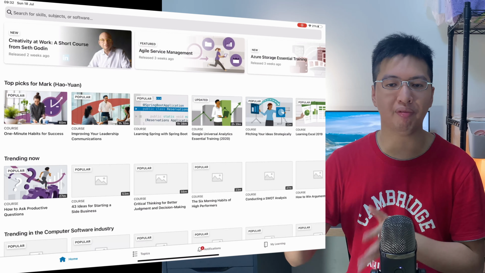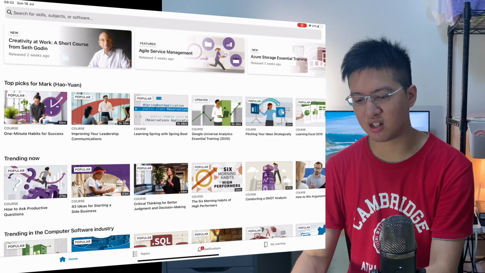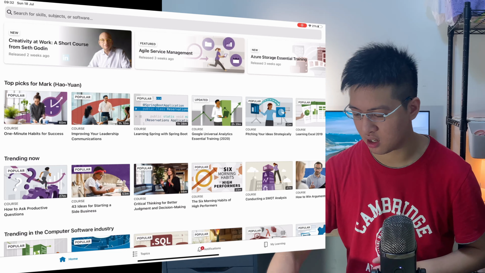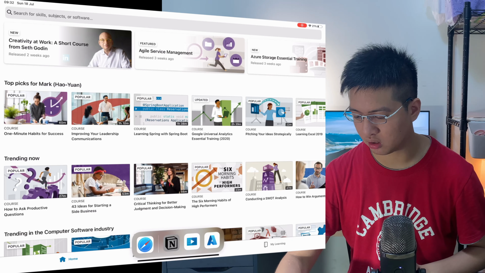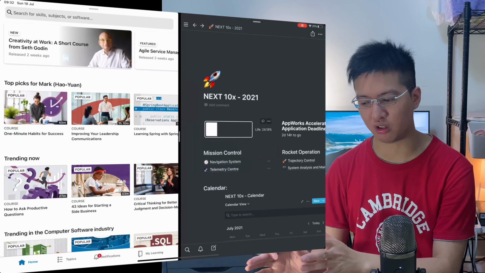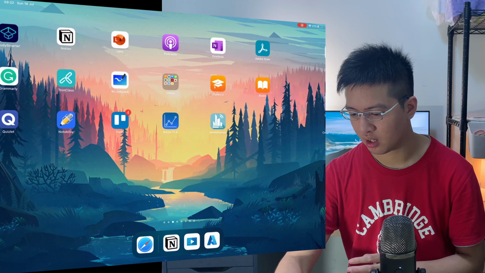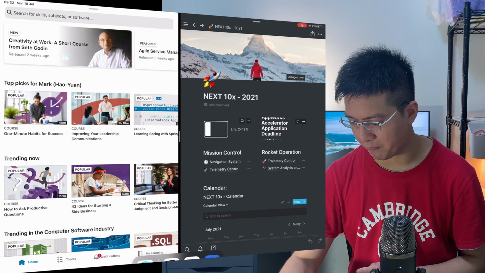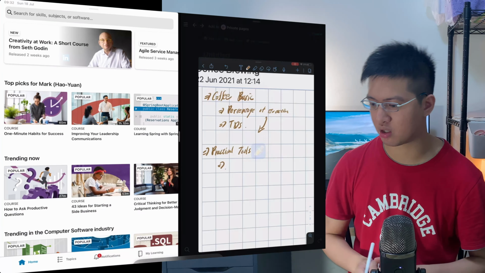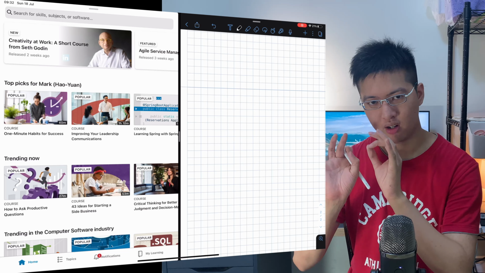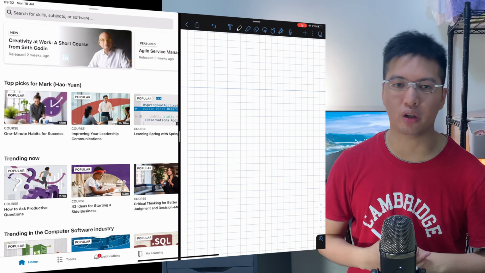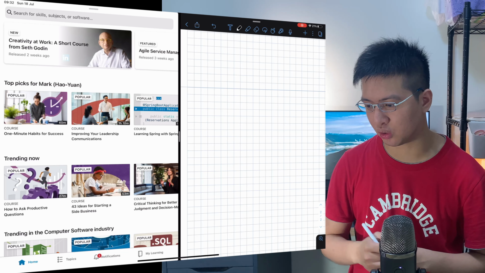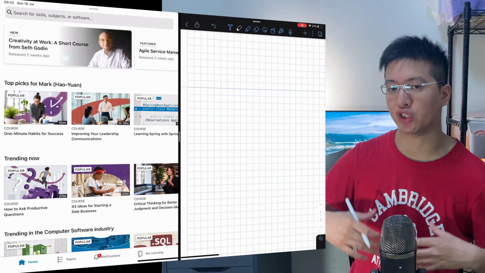So you can simply use this course interface and click a course. Then if you want to take a note, certainly you can use Notion to accomplish that. Or you can use Notability to write handwritten notes like this. So it's very useful to use Notion, and of course very useful to use Notability to accomplish amazing